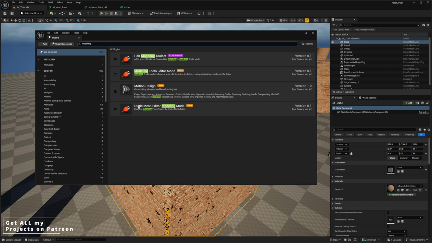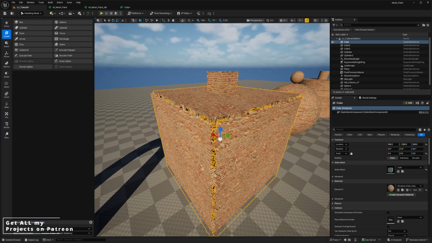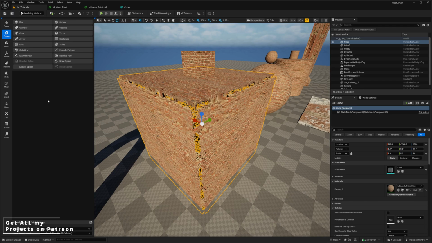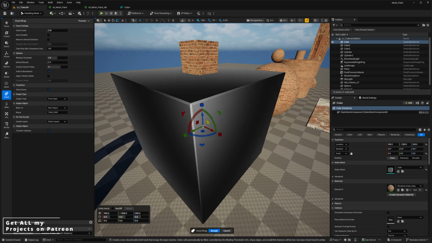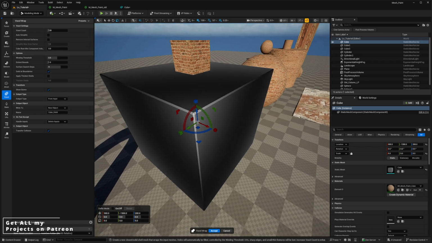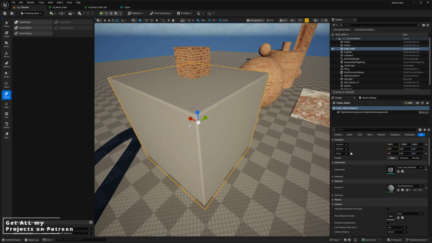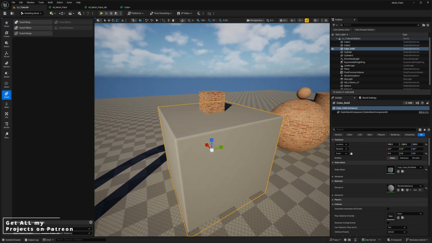You can also enable this one here, modeling mode, if you want, but this is the one that we need for this particular example. So I'm just going to go into modeling mode, and with my cube selected here, I can actually go to voxel and then do a voxel wrap. And you can see that it's now going to add these chamfered edges, which is going to help a lot with displacement. I'm going to click accept, but what you don't realize is that now we no longer are using